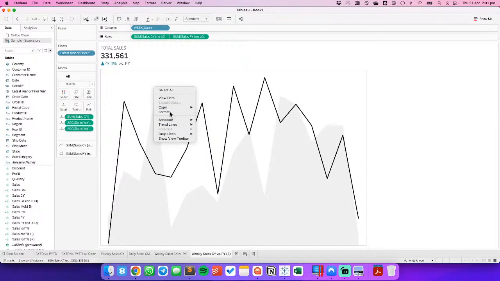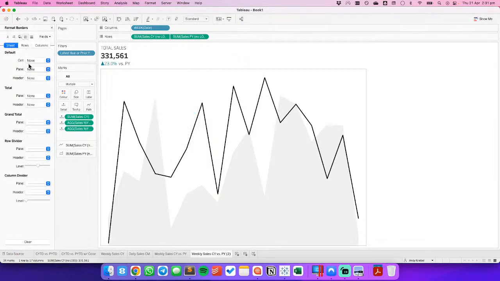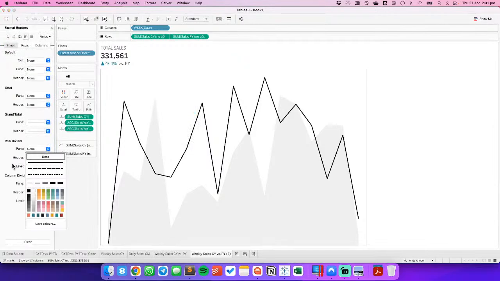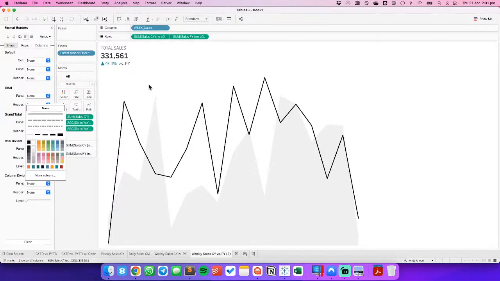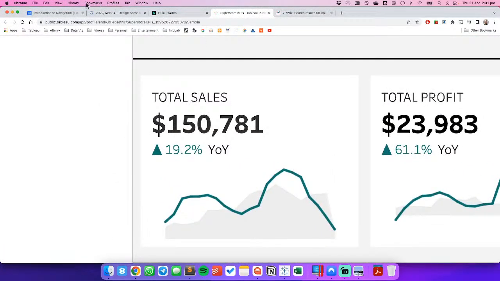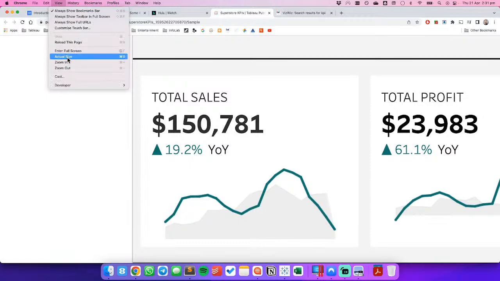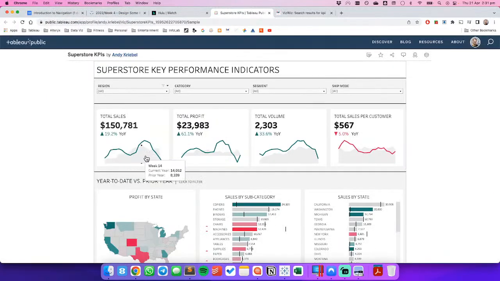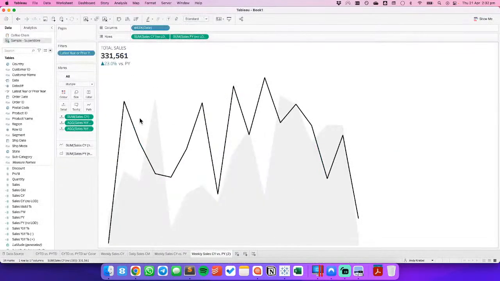You could clean all your tooltips up and stuff if you want. I'm not going to really worry about that right now. Get rid of my row and column dividers. Okay. Now notice in this one that, oh, look at that view, actual size. It's a green line if it's positive, and it's a red line if it's negative. So what we want to do then is